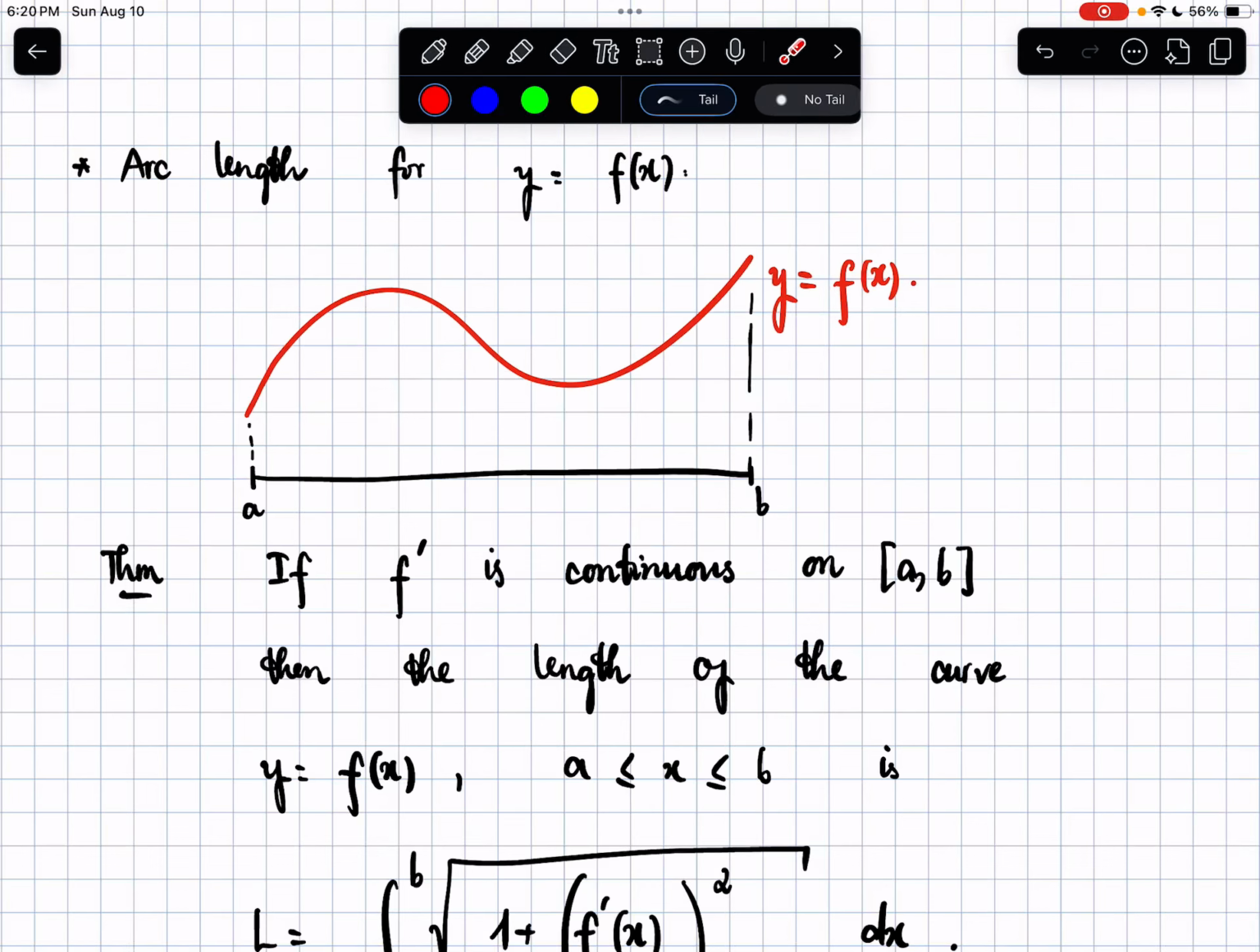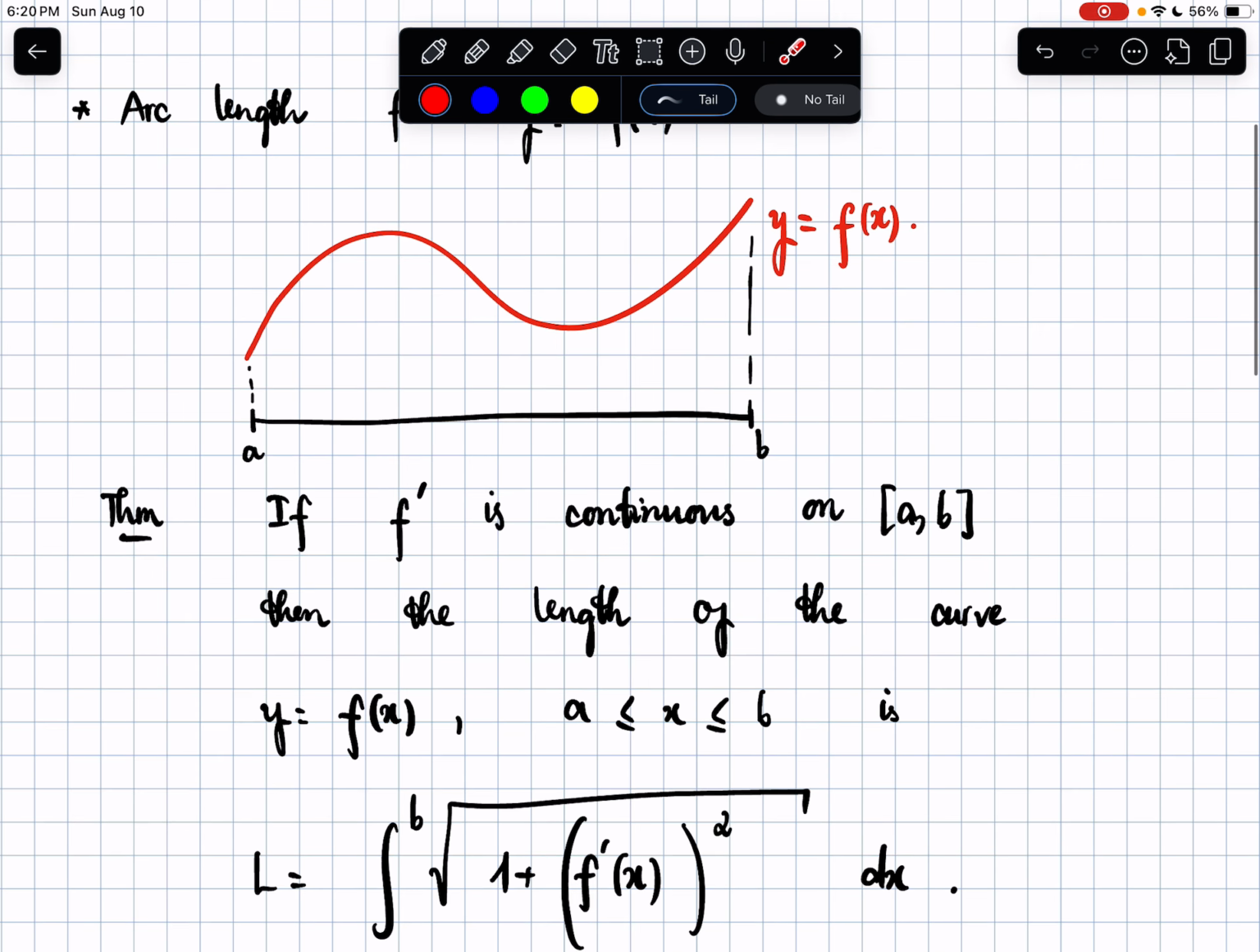Here we have the formula to compute the arc length of a curve. So if we are given a curve corresponding to the function y equal to f of x, we want to compute the length of y equal to f of x for x between a and b. So the length of this arc,